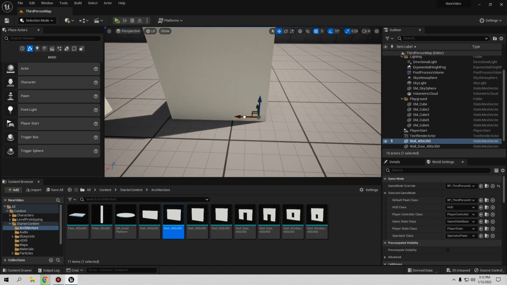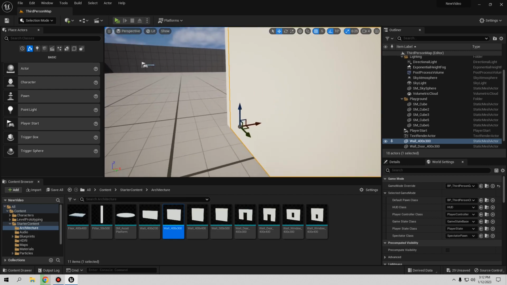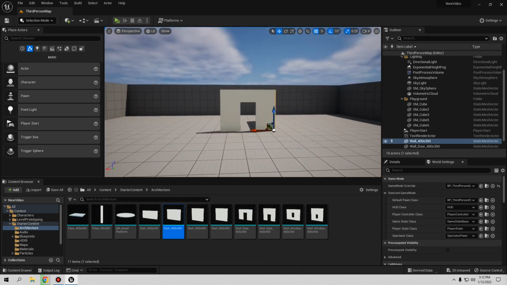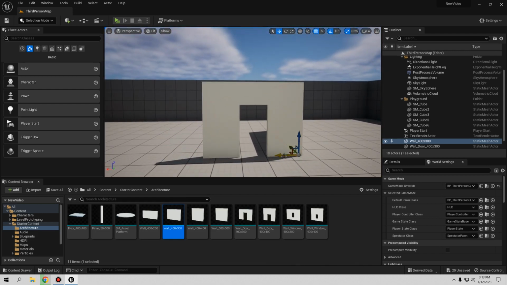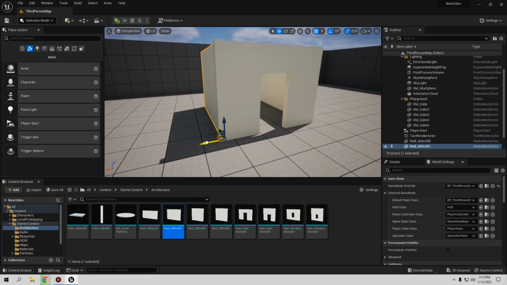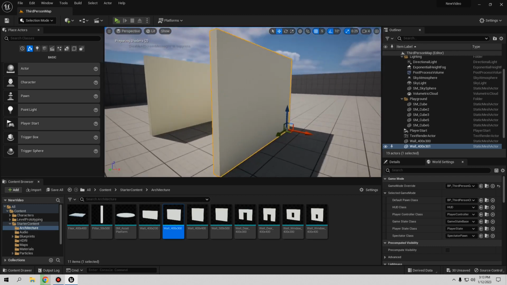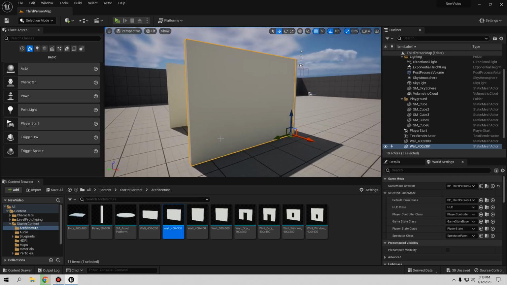So let's go like something like this. Oh, not perfect, but it's better. Also let's do another one. So Alt, let's duplicate it. So let's do it like this, and maybe another one. So let's go Alt,